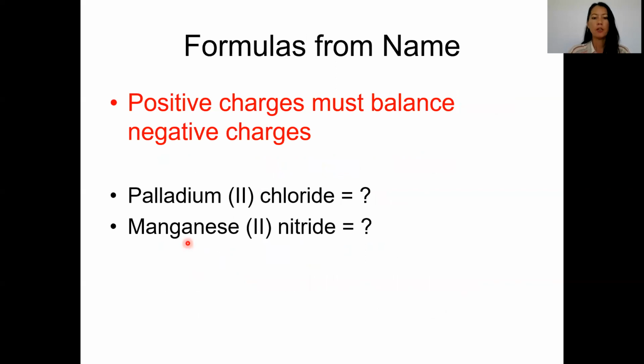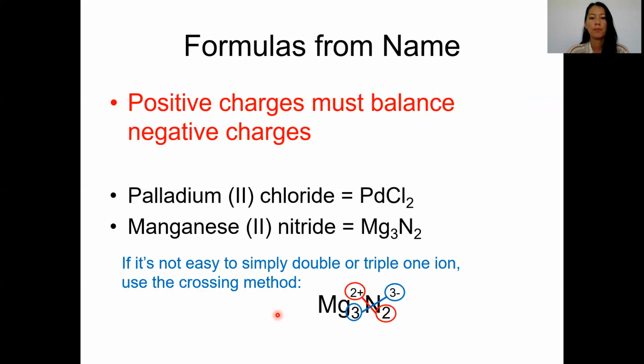Okay, let's practice here. Palladium II chloride. What's your formula? And just remember, the positive charges must balance and equal the negative charges to add to 0. And then pause and do the next one as well. I get PdCl2 because each chlorine is a 1-, and this II tells me I have a 2+ for palladium. That means I had to put